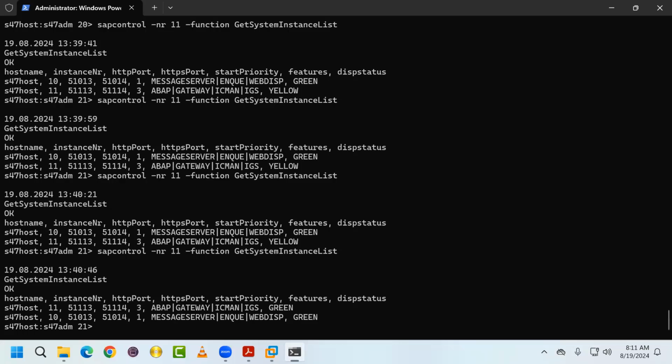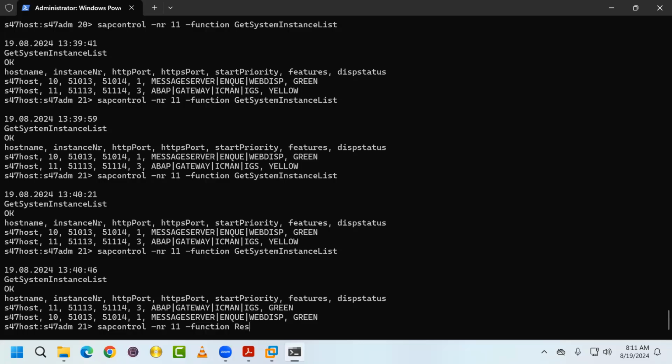Now I want to restart the system. In a company, sometimes you want to restart the system. Basis administrators do this when you change profile values, or you change any hardware or software. At that time you want to restart the SAP system. So how to restart the SAP S4HANA server system? Same command, sapcontrol -nr 11 -function